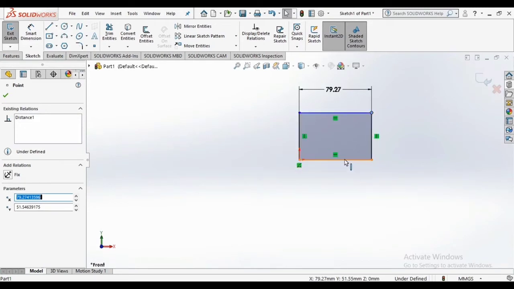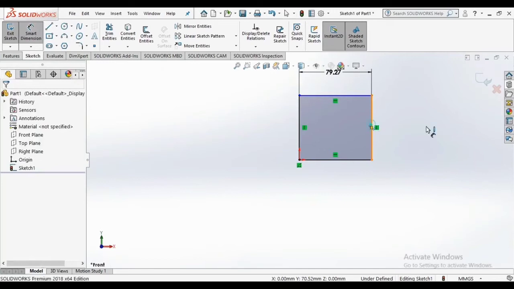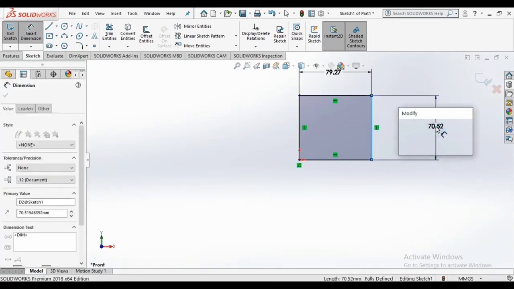As we gave the dimension to the horizontal line, this horizontal line is also the same as the line above. So we can move this line up or down. We can increase the dimension or decrease, because it's not fully defined. But if you want to make it fully defined, we have to give dimension 40.